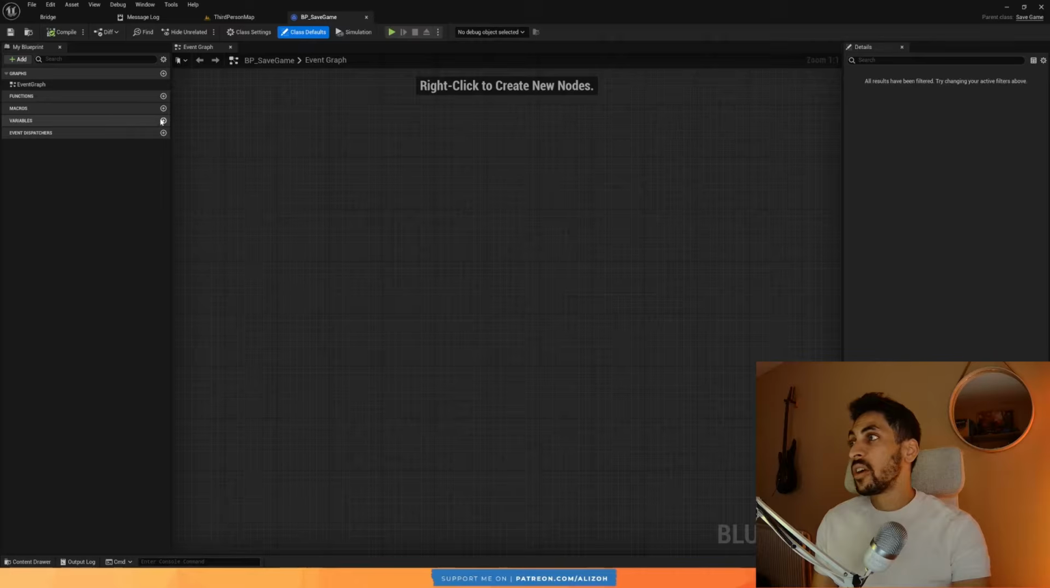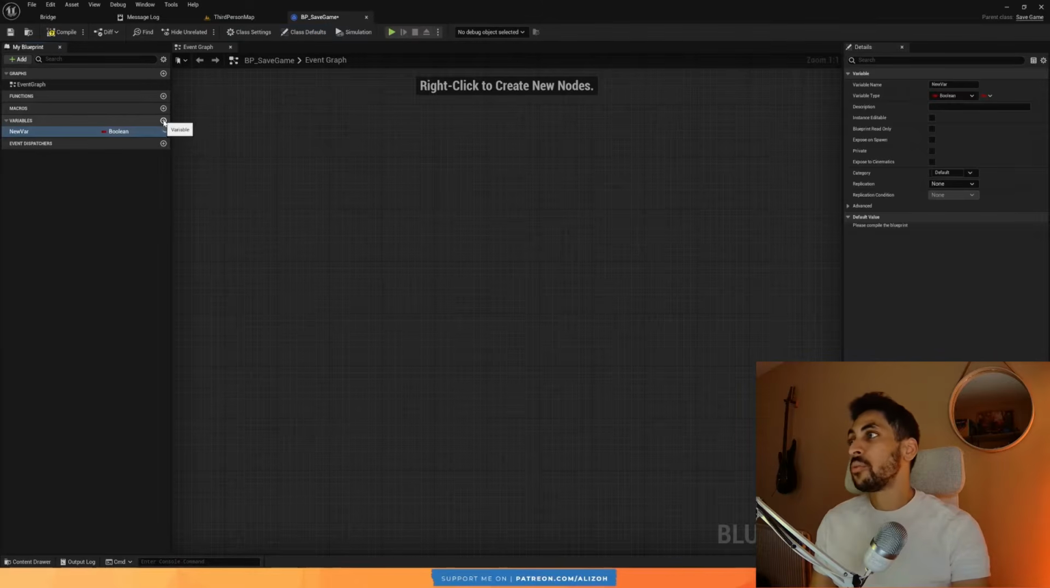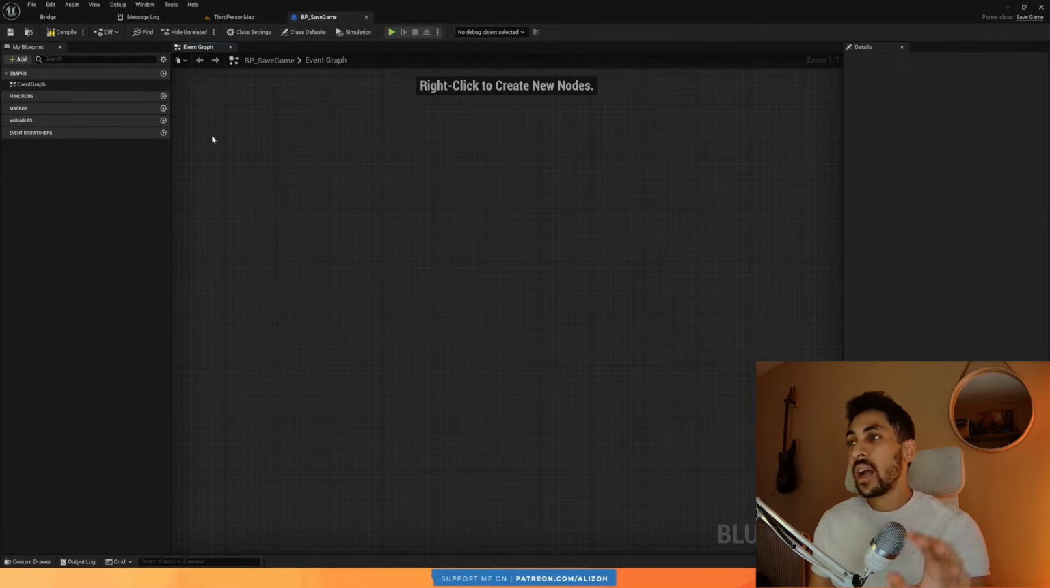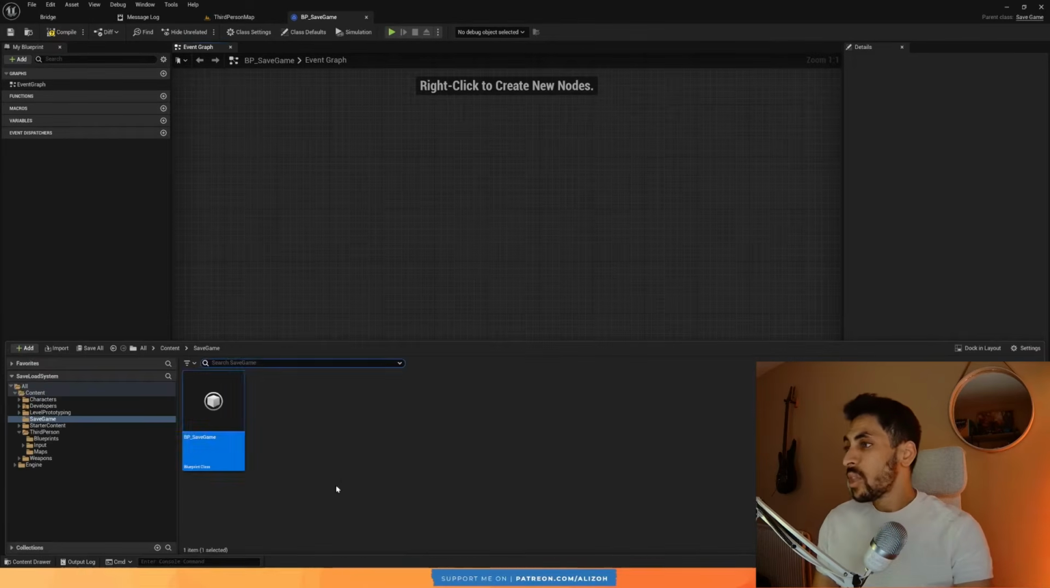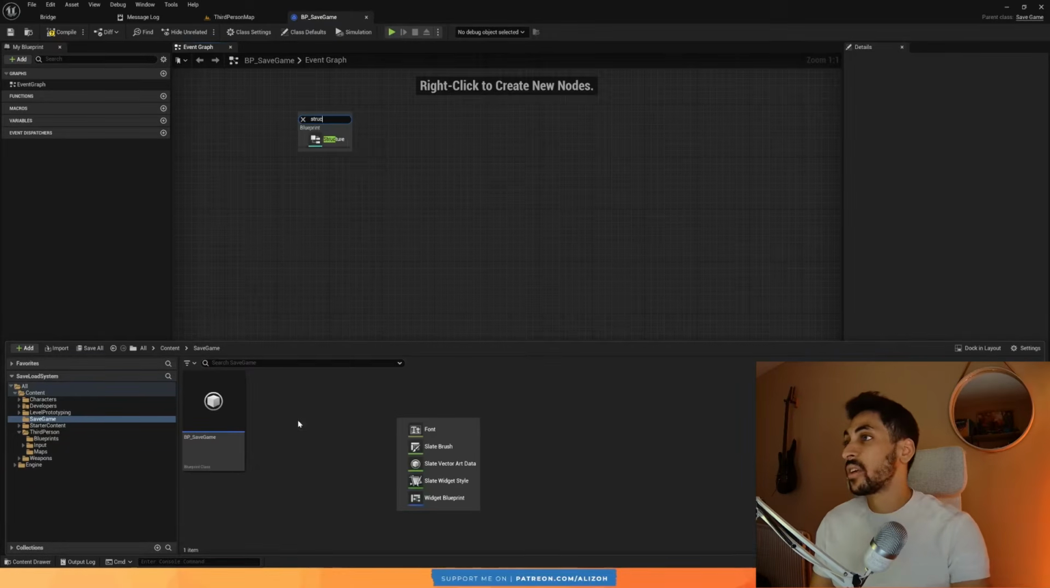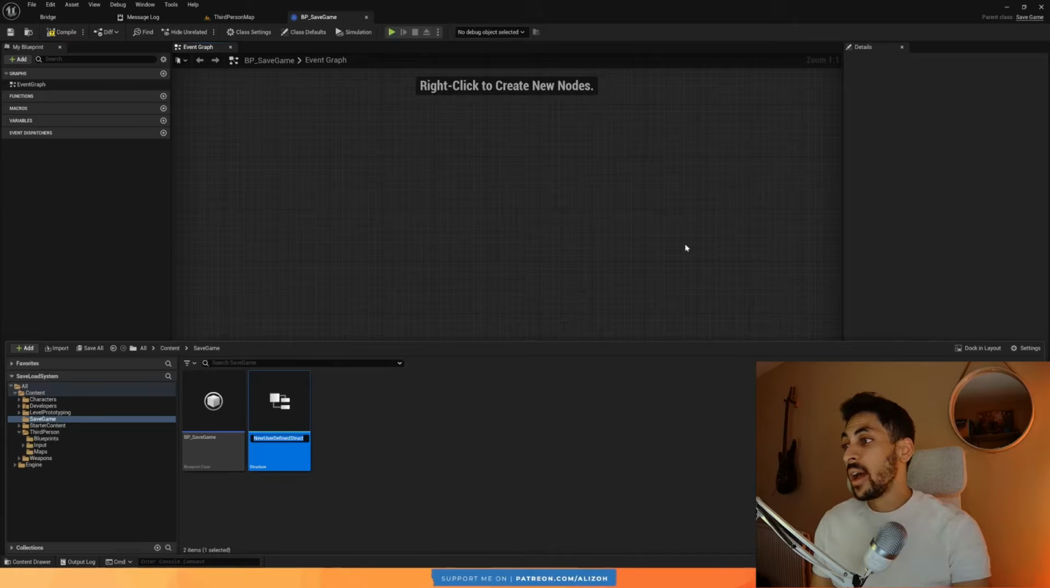Now, instead of going here and adding a variable for location, a variable for health, and so on, I really recommend you create structs in this case to make your save object a lot more readable and easier to use. And let me show you how we're going to do that. So we're just going to open our SaveGame folder here and right-click and create a new structure. And we're going to call this